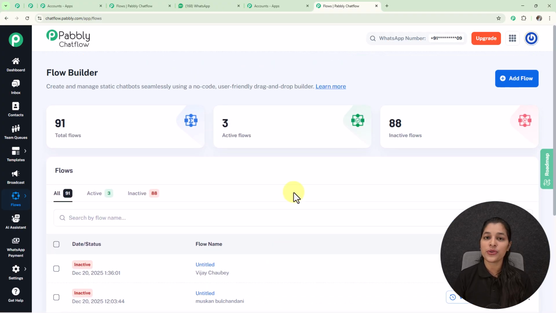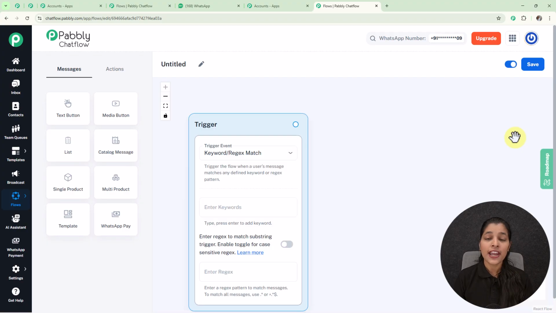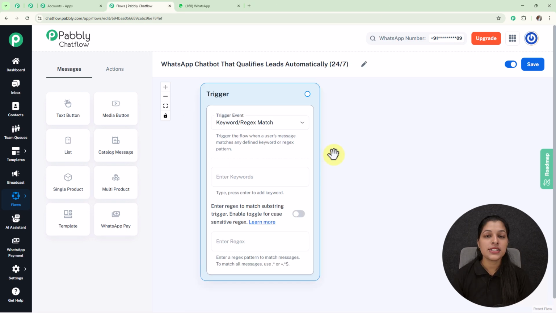And now if you want to create your own flow, then you just have to select this add flow button, and you will be landed to the flow page, where you can see this option of providing the flow name. So here you can provide a name to your flow. So now let's provide a name to my flow here. So here I am providing it the name WhatsApp chatbot that qualifies leads automatically 24/7, and afterwards we are getting